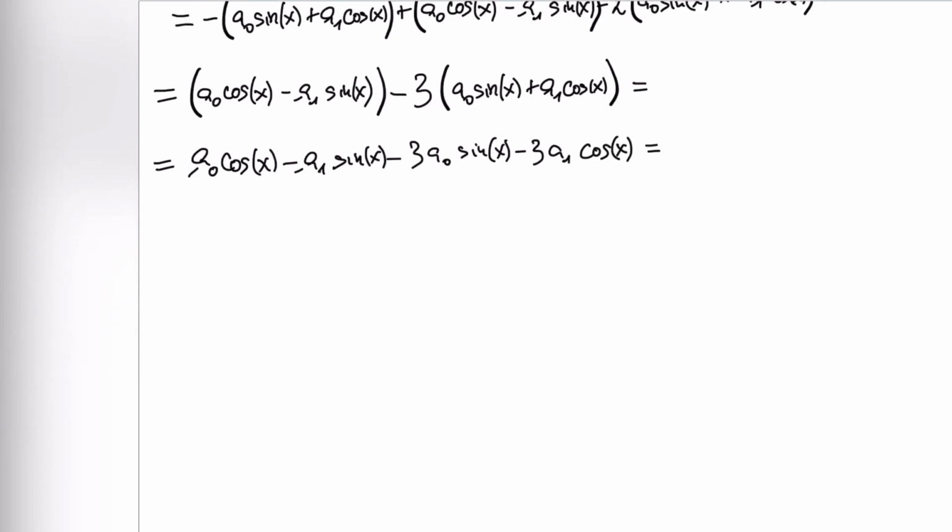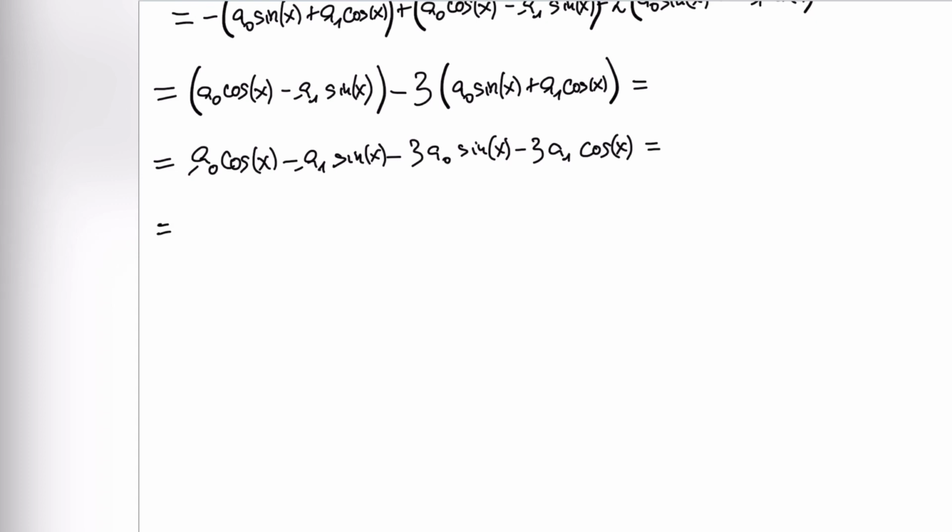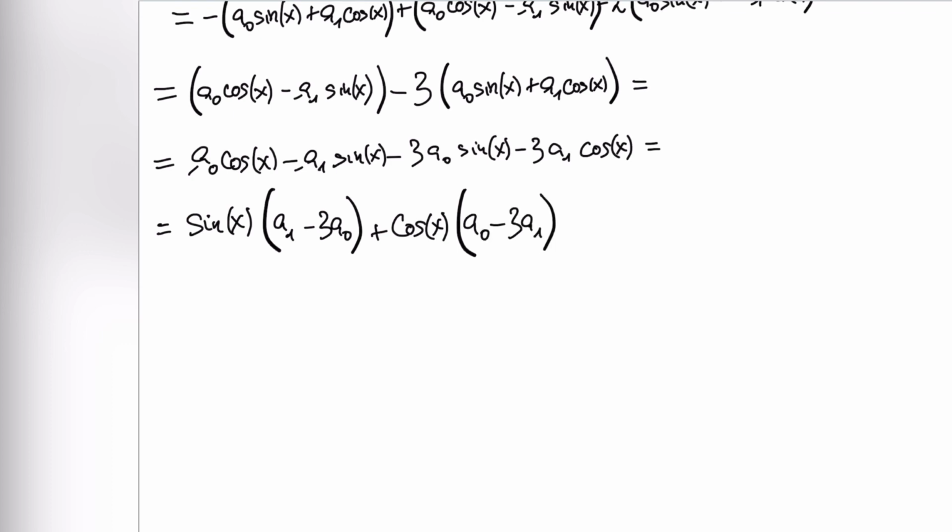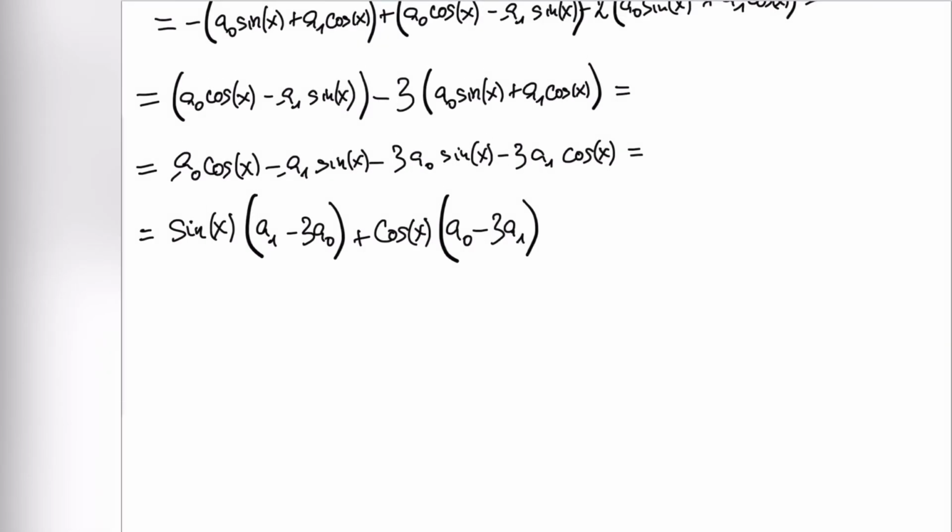Now we can factorize, we take the sine here out of the bracket. So sine of x times a1 minus 3a0, and then here the cosine, so plus cosine of x times a0 minus 3a1. So